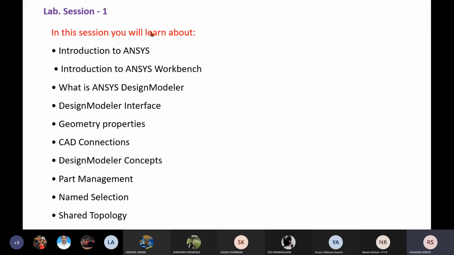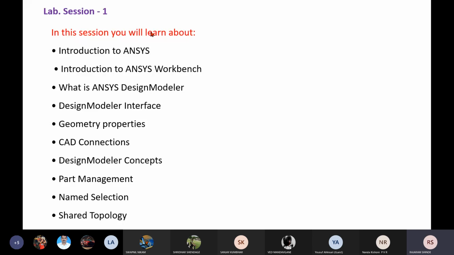Then the solver we are using is Fluent, and we are going to discuss every aspect of this solver, and I'm going to show you different simulations. Also, we will practice modeling, meshing, solver, and post processing.